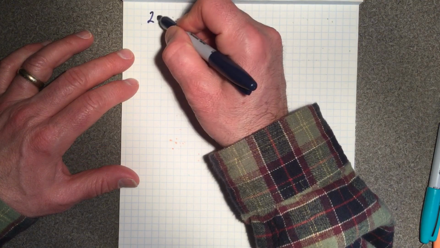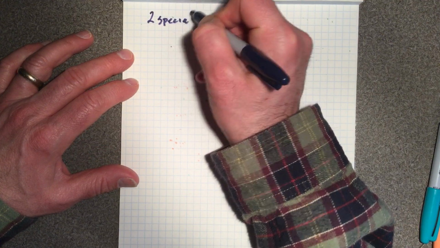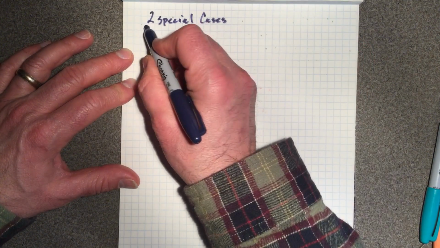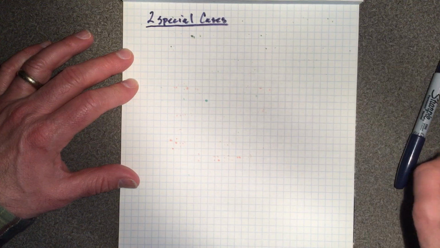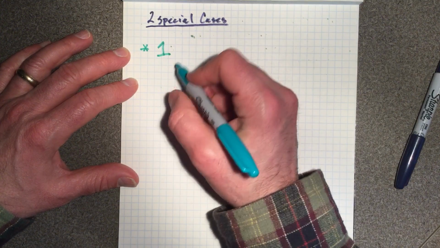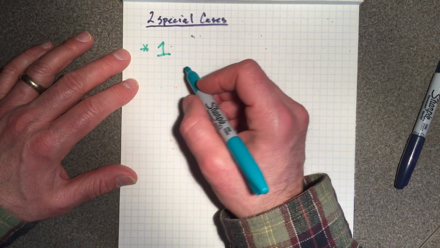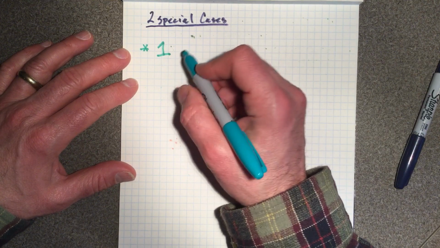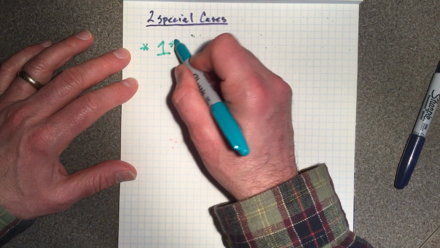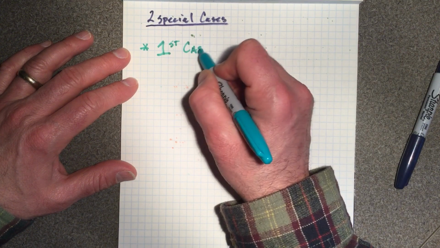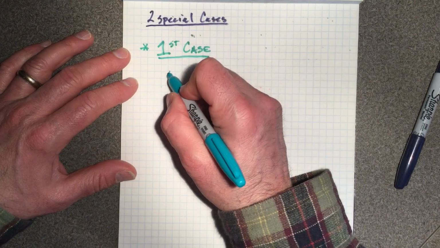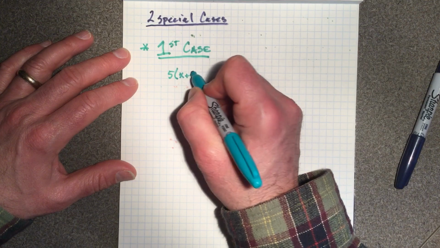All right, two special cases. Here's special case one. Let's say we take a look at this problem. First case. Let's say I have 5 times x plus 1